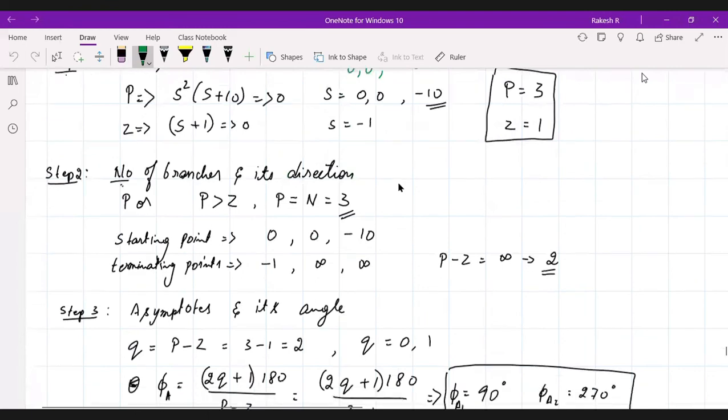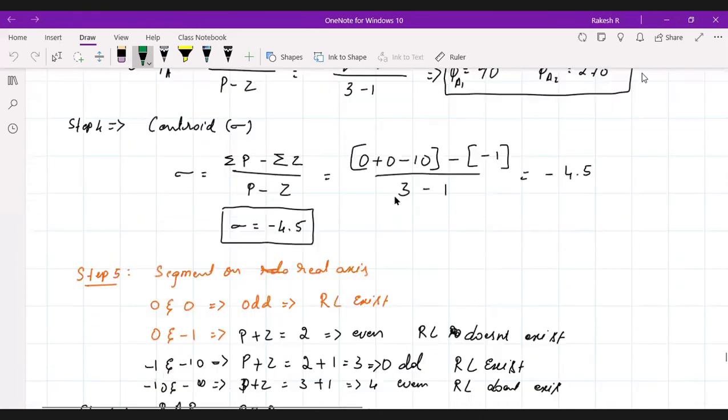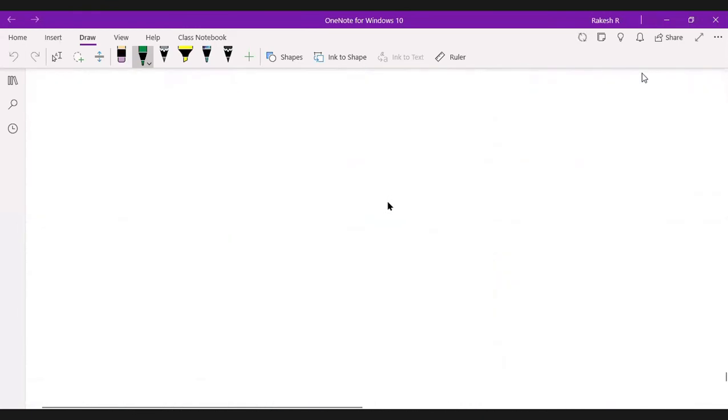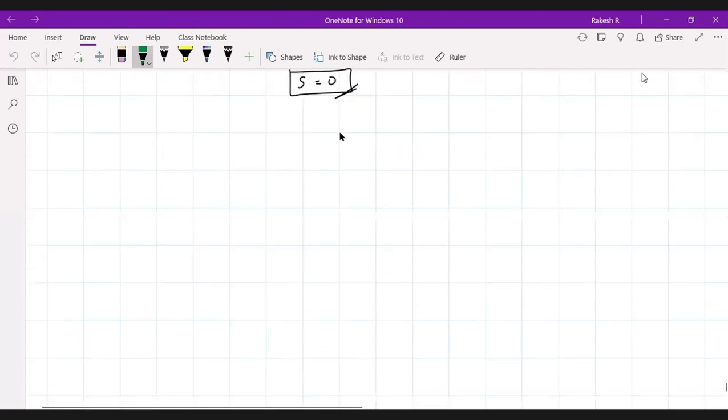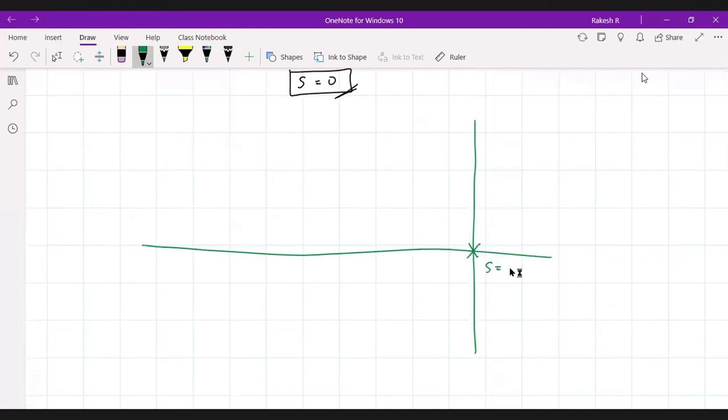When you take only one term, that is s equals 0, how will we get it? I'll be drawing that one in the S Pen. I'll write here, we have it like this. So what will you consider? You consider only one pole, that is s equals 0 here, and you will have one more zero, that is s equals minus 1, and you will be finding out here s equals minus 10. You'll write like this, right?